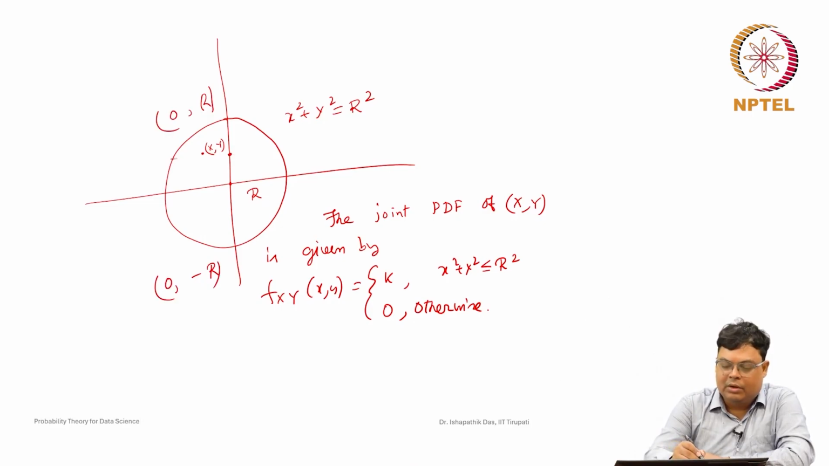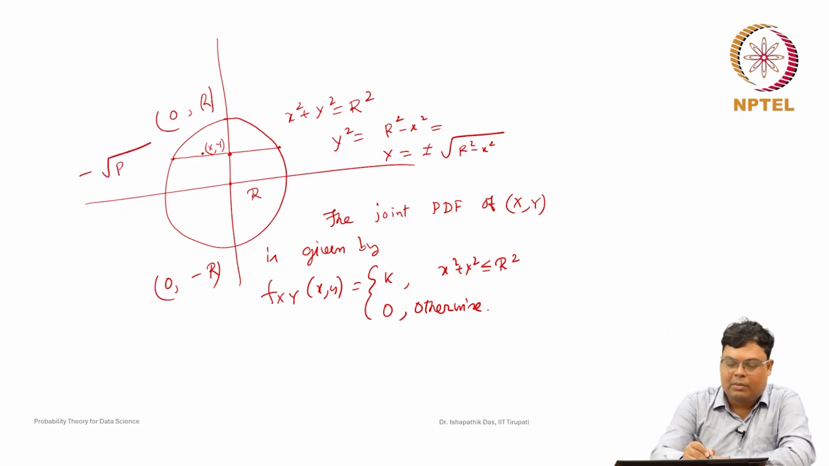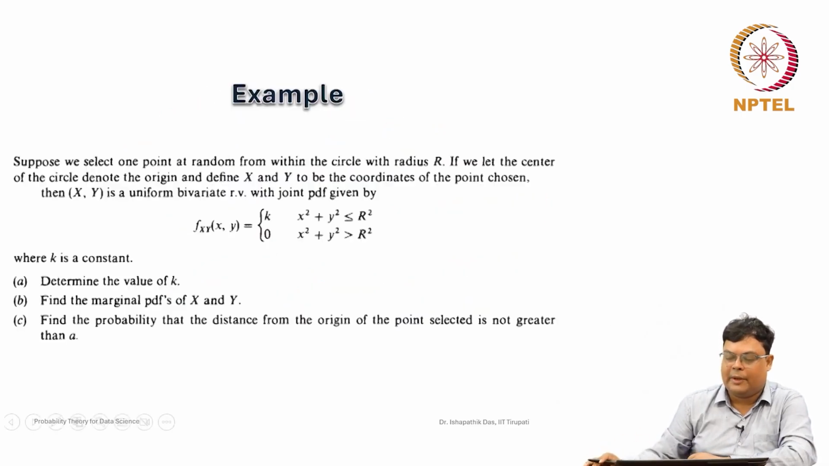So then your x value: y square is equal to r square minus x square. So y will be plus minus root over of r square minus x square. For a particular x value there will be 2 values of y: this is minus root over of r square minus x square, and this is plus root over of r square minus x square. So then your integration will be nothing but